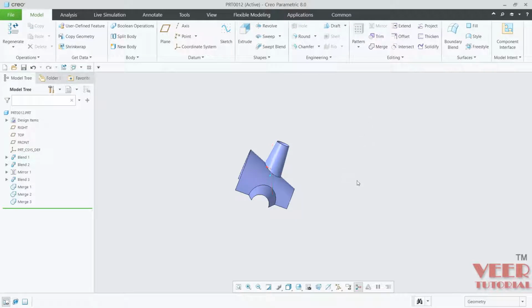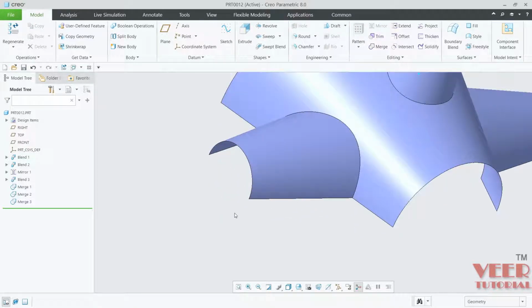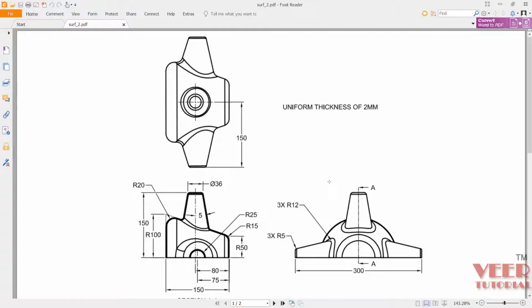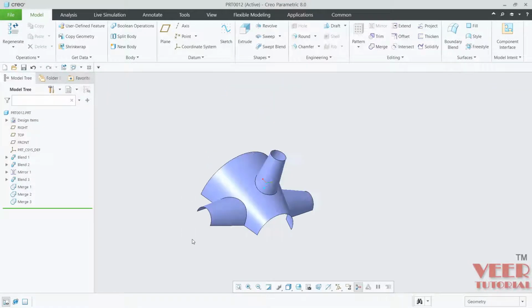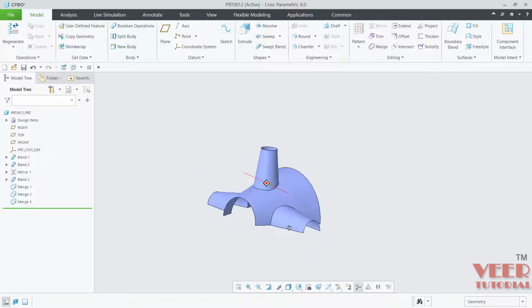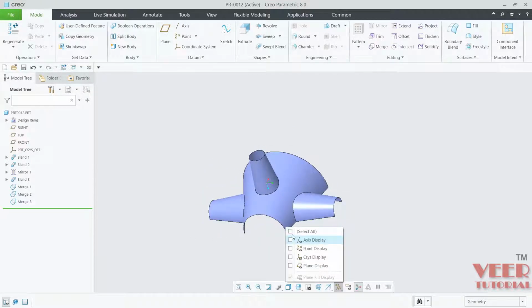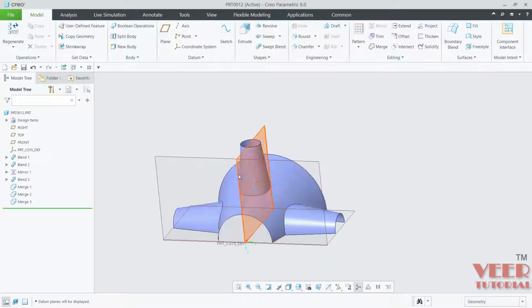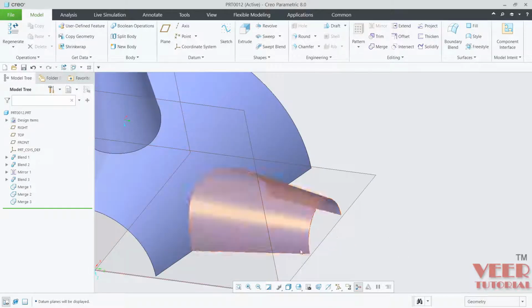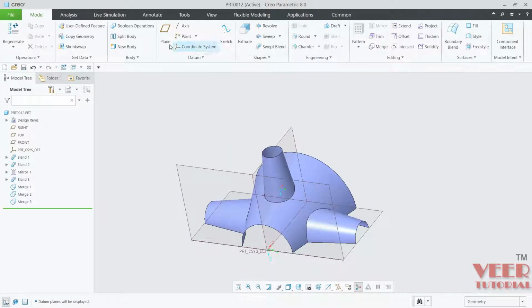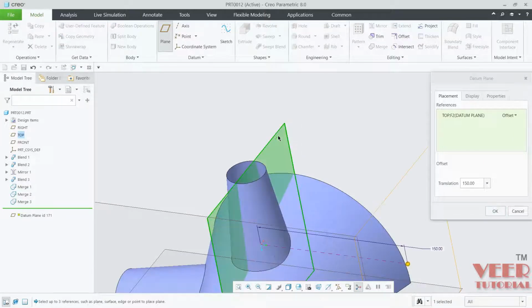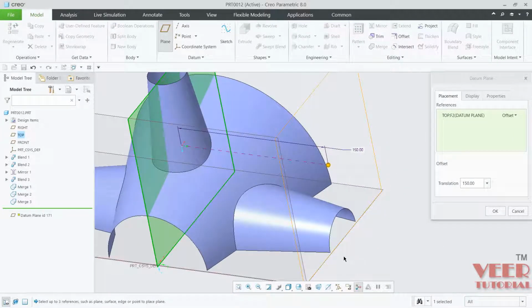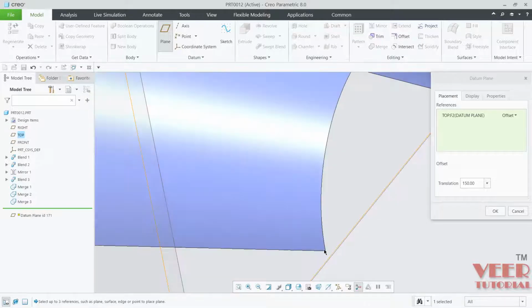And after that we need to fill these side surfaces. If you take a look from the side, you can see these are filled. To create a fill surface, we need to create some sketches here. Turn on all the planes. We need to create 3 datum planes onto all these edges. Plane. Take the reference of this plane. Here, hold down the control key, select this edge.